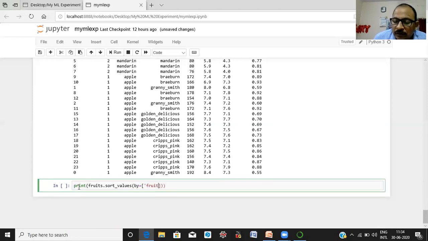Suppose we want it on the fruit name variable and fruit subtype.